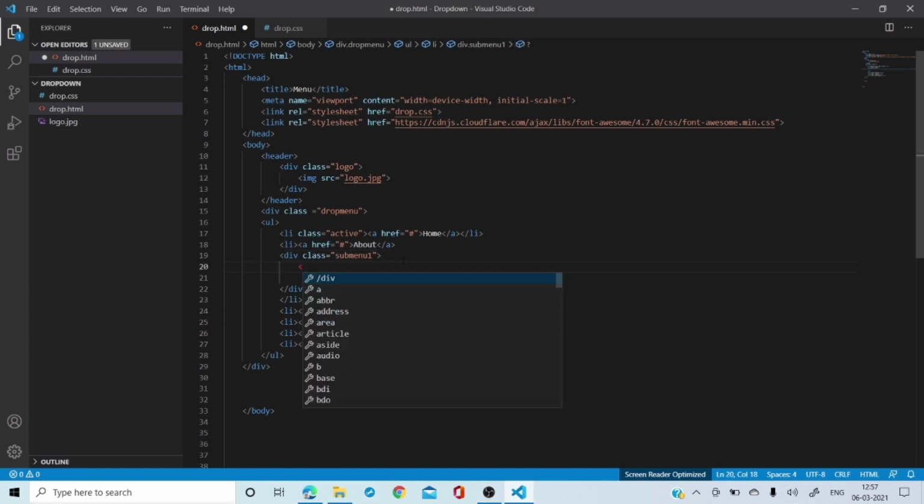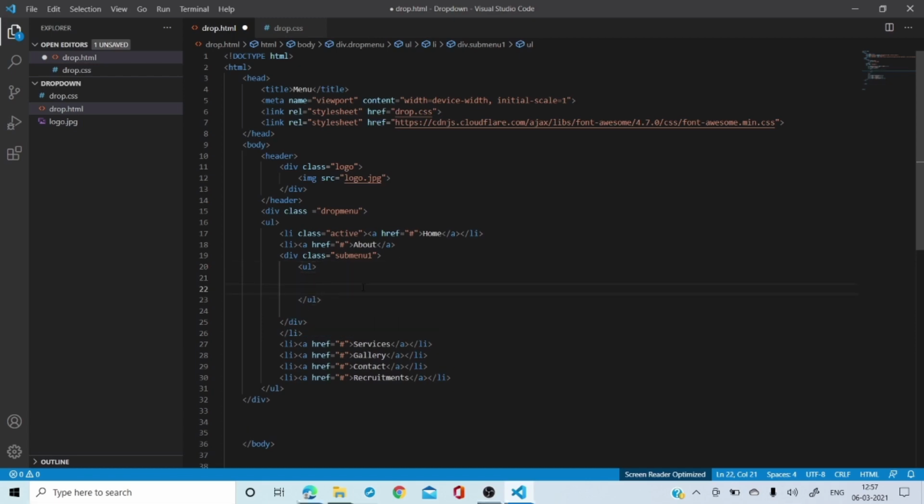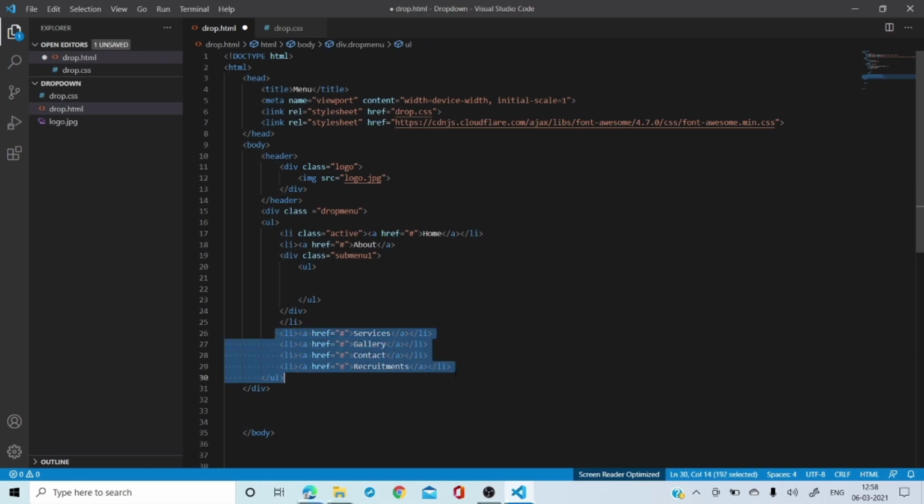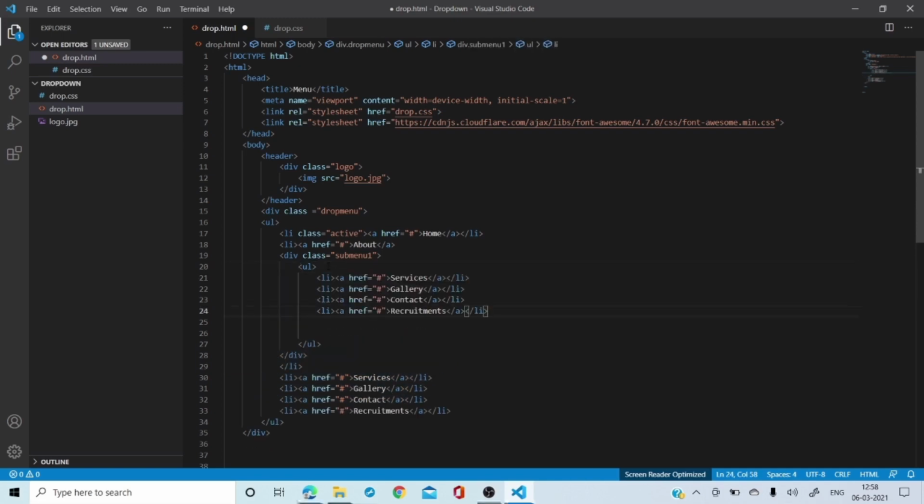Same thing, we are going to create one unordered list like this. So my unordered list is like this, and plus I'm going to create the list. So you can just copy all of them from here, and put the cursor after there, and here it is.